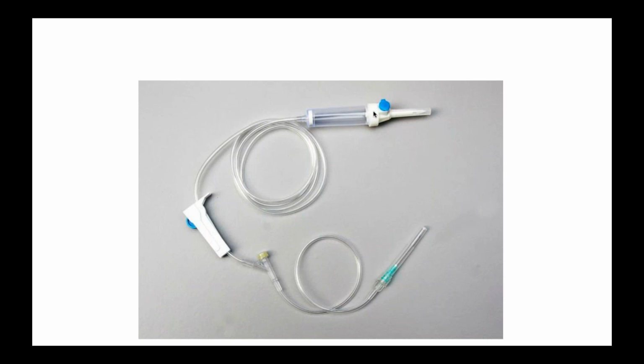ठीक है. So these are the parts of the drip set. This is a transparent chamber from which you can see the drops of whatever drug or fluid you are administering. The drops will fall down, and you can count the drops and you can adjust the rate of the infusion with the help of this flow regulator. So this is a flow regulator, and this is a part which is capped. It is used to puncture the bottle.